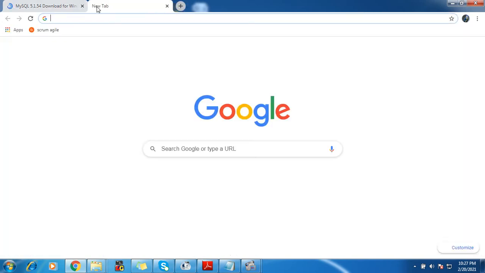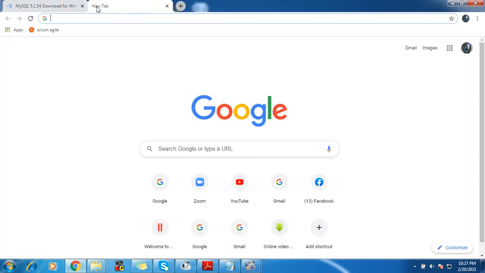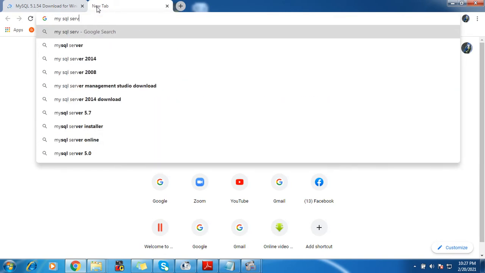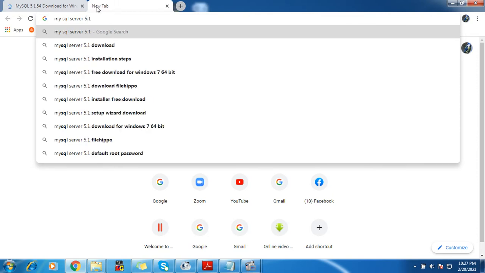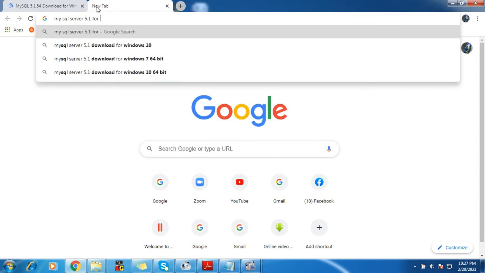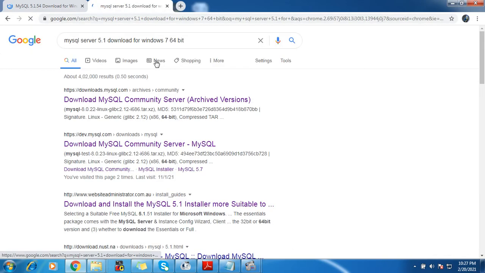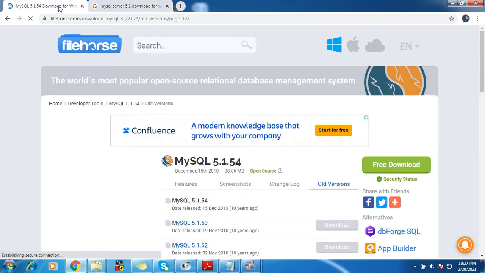One single search you can do is search for MySQL Server 5.1.54. From here you can type your device configuration. Mine is Windows 7 64-bit. I'll search for that and you'll get a list of links from where you can download it. So this was a safe kind of website, so I have chosen this one.